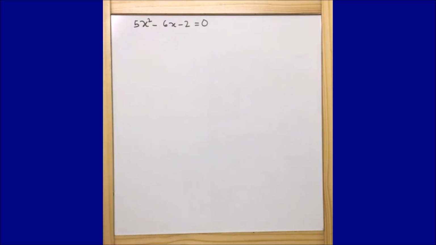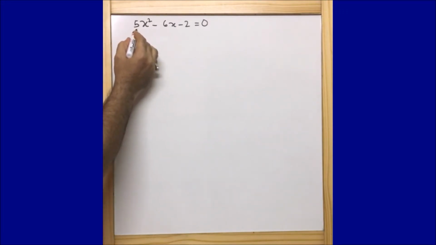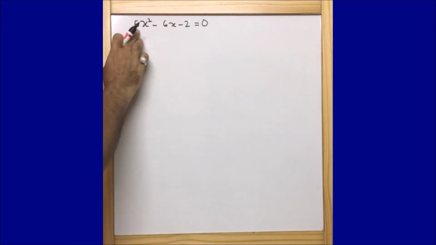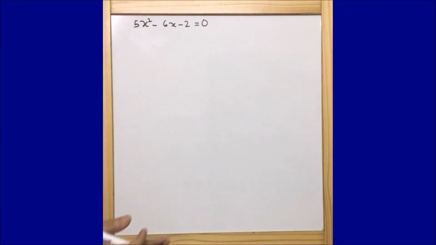Now we are going to solve this equation using the method of completing the square. If you look here, in the first place we have just 5. We do not see a square of any number. In order to make it a square of a particular number, I am going to multiply by another 5 here, so that I will get 25x^2. If we take the root of 25x^2, we will get 5x. That is what we should look out for.